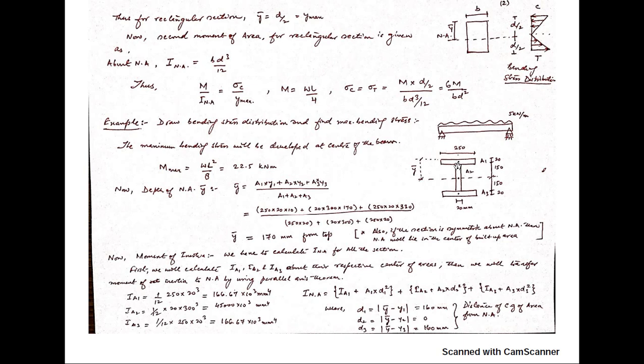For this area, the CG moment of inertia is IA1. So this is given by IA1 plus A1 into D1 square. And what is D1? Basically, D1 is the distance of the CG of the area to the neutral axis, and you can directly calculate it from this formula that I have given. So this is basically your neutral axis. Okay, sorry, depth of neutral axis y bar, because we are calculating from here, and if you calculate it from here, D1 will be coming out to be this.